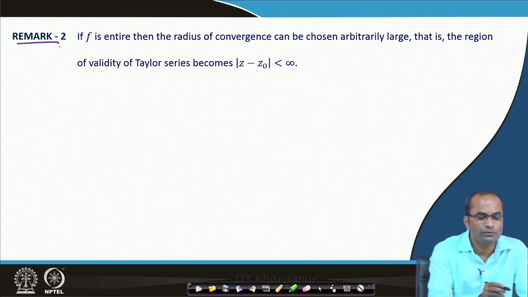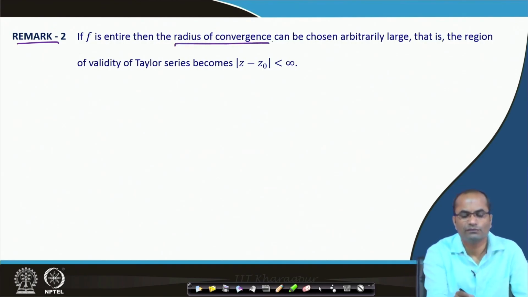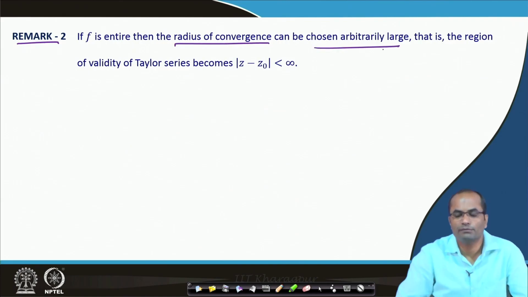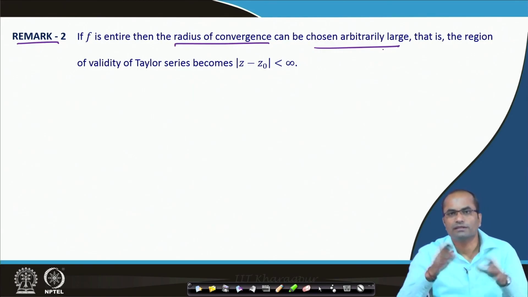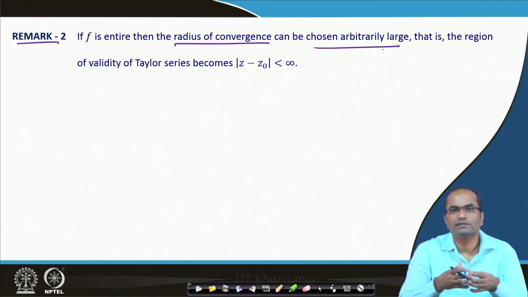Okay, so remark 2: if f is an entire function, that means it is analytic everywhere, then the radius of convergence can be chosen arbitrarily large, meaning the radius of convergence will be infinity. In that case, if we know that the function is analytic everywhere, there is no point where the analyticity breaks down. For instance, we have the exponential e^z. So this exponential is analytic everywhere, and then we can write down its Taylor series, which must be valid